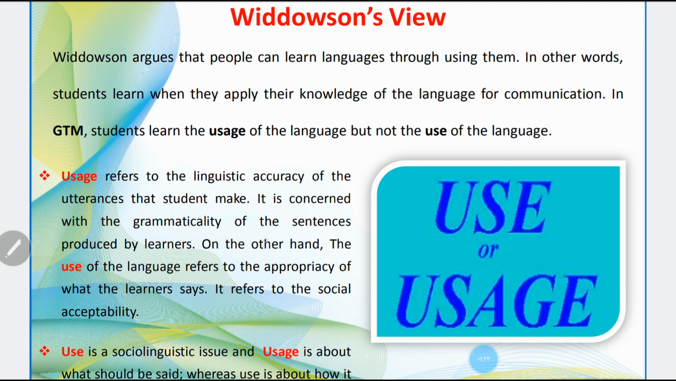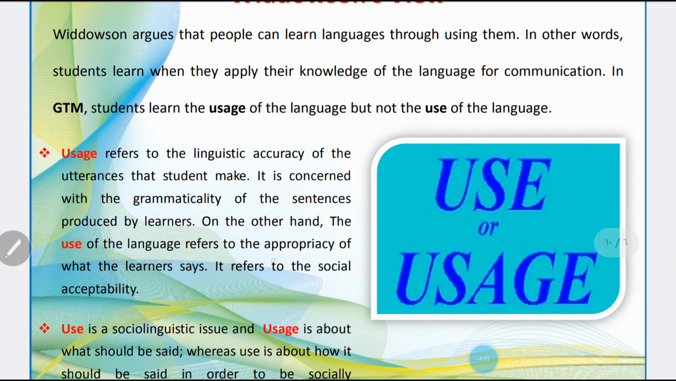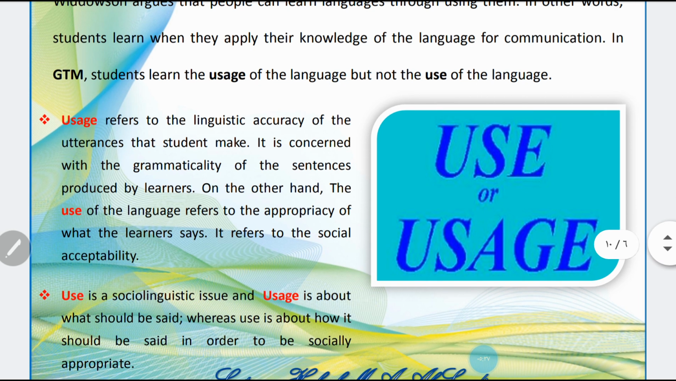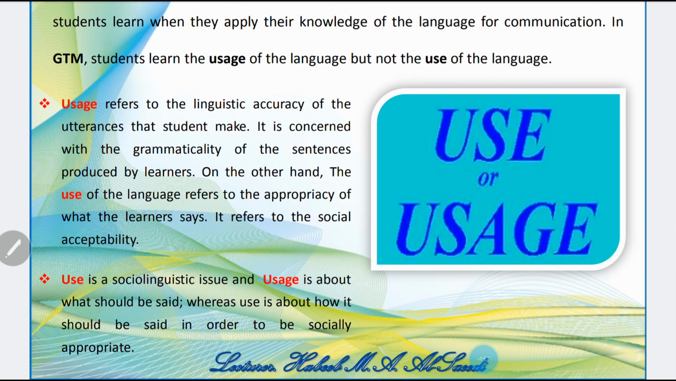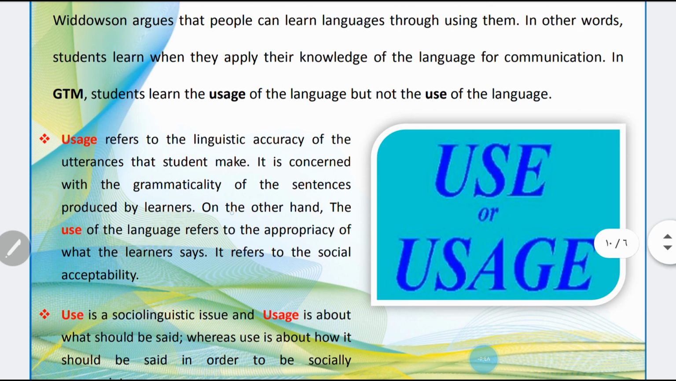You remember in the grammar translation method, the students learn what? The usage of the language. They learn the patterns, the grammar rules, the structure, and the vocabulary. But they don't use the language. So here we come to the difference: this theory talks about the difference between the use and the usage of the language. The usage refers to the linguistic accuracy of the utterances that students make,